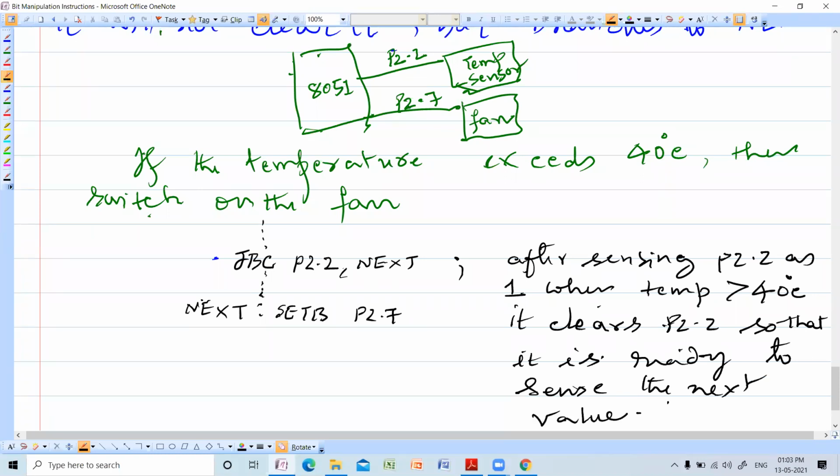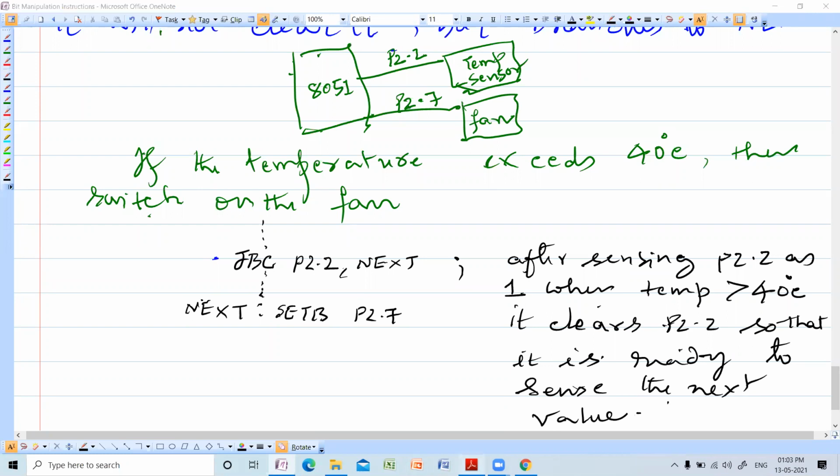So that is the advantage of this instruction. After sensing P2.2 as 1, it will clear it and proceed to next. Otherwise, if P2.2 is 0, it will execute the next instruction. That is a very, very important thing to note.